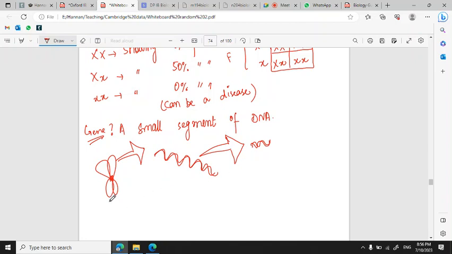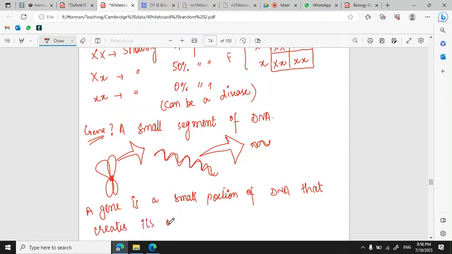So I can say that a gene is a small portion of DNA. A gene is a small portion of DNA that creates its own unique protein. This is a gene. And once the gene has been identified, we can say that